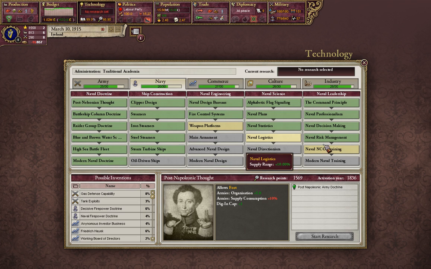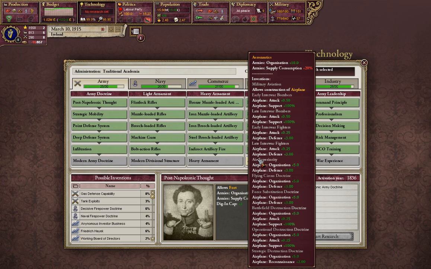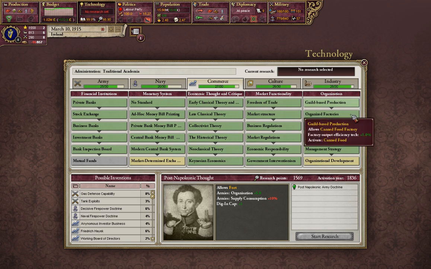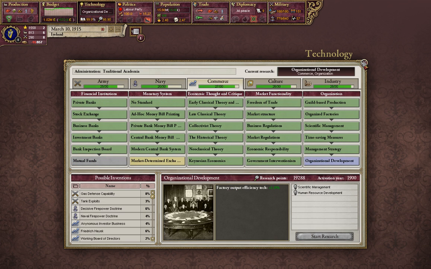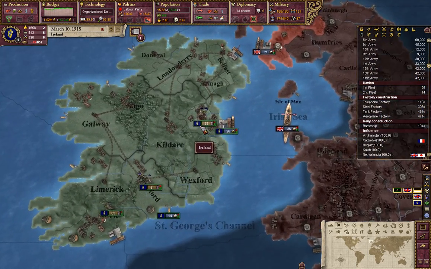Let's see. We could get aeronautics so we could make aeroplanes. That would be probably good. Maybe making our factories better is more important for now. Sure, let's get that. And we can now upgrade the naval bases,